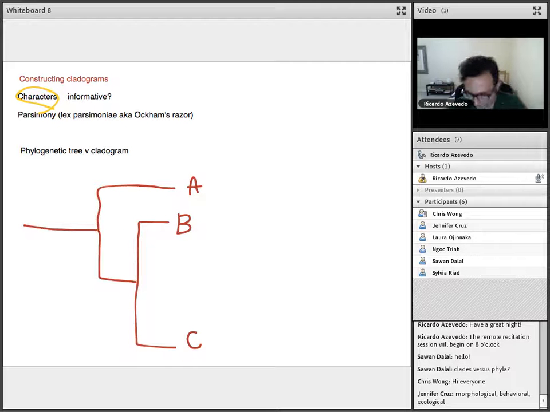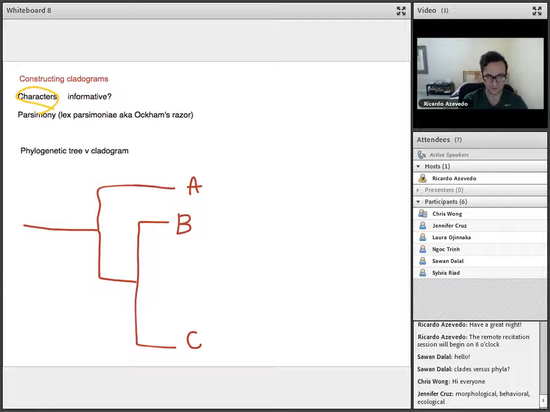Morphological. So Jennifer pointed out. So there are different types of characters, right? Morphological, behavioral, or ecological. But that's just types of characters that you can study. They can be genetic as well. But the question is, amongst the characters that are genetic or morphological or behavioral, which ones are good for classification? So let's just give you an example, and then we can see which ones are